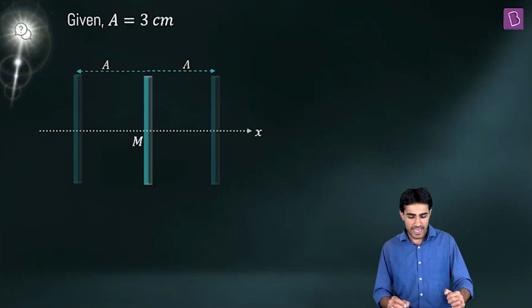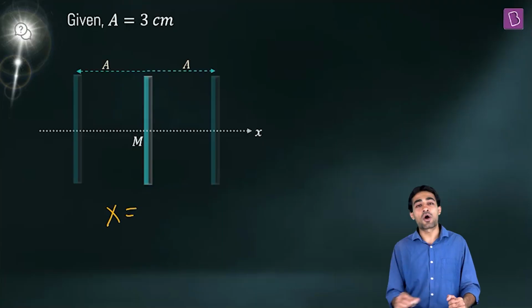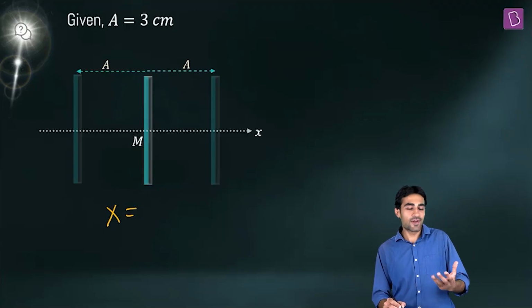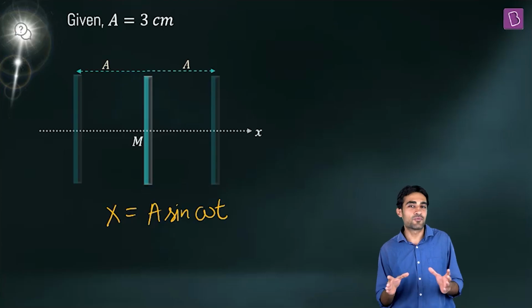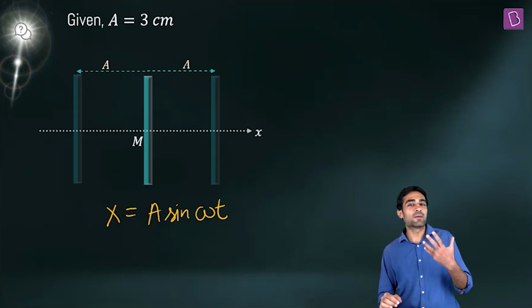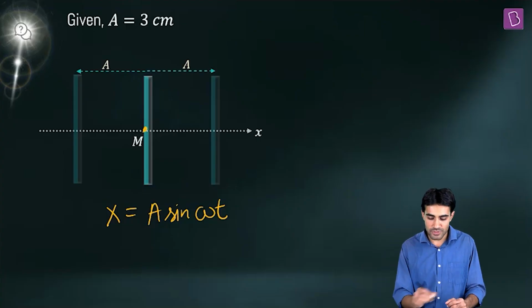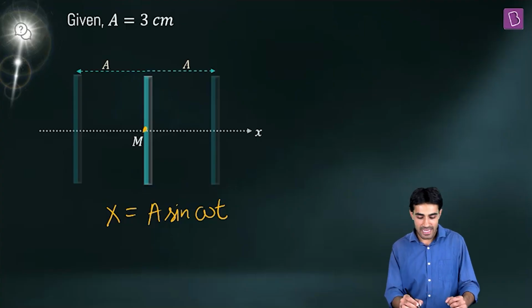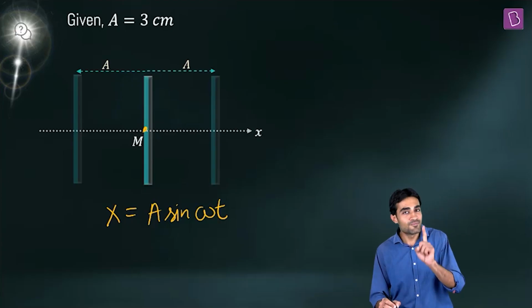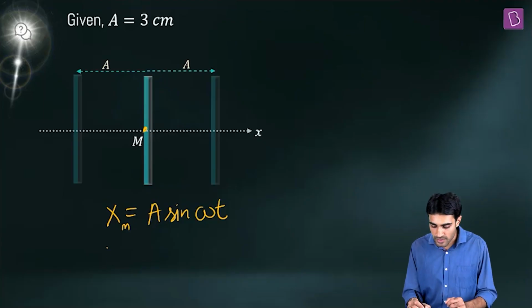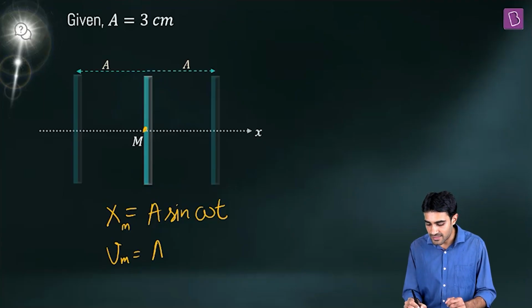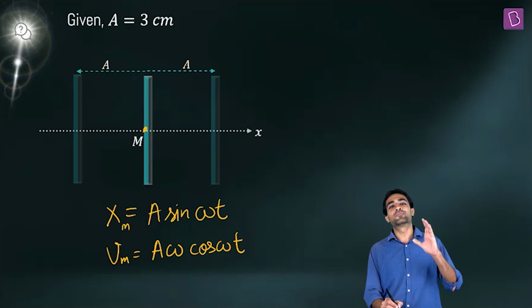So what we will do is we will write the equation of SHM for the mirror. So generally we can write x is equals to a sine of omega t. Let's not be concerned with phi. Let's start the simple harmonic motion from the mean position itself. So from this mean position M, we are starting simple harmonic motion. This equation is for mirror. So let me write x mirror. Now when we differentiate, we will get the velocity of the mirror, and you can see this is coming out to be a omega cos of omega t. This is the velocity of the mirror.